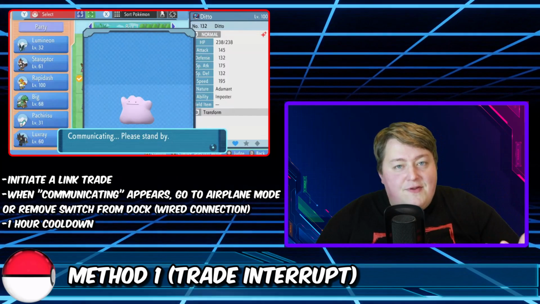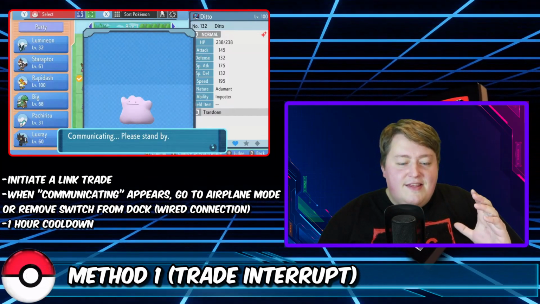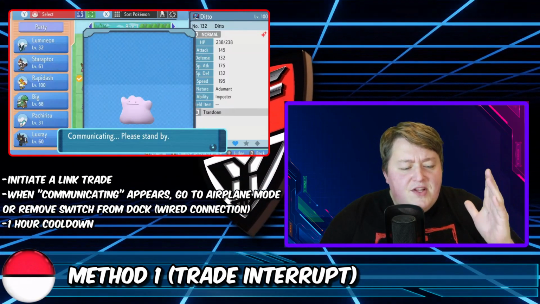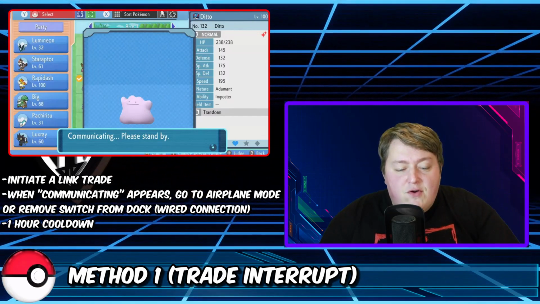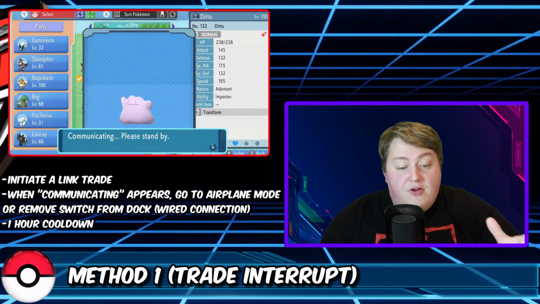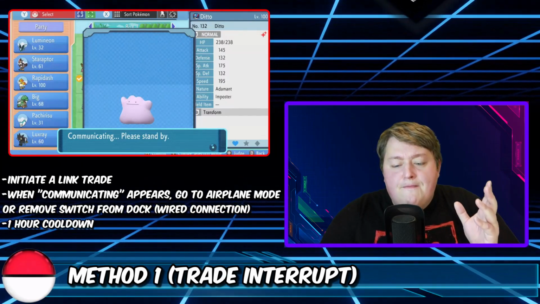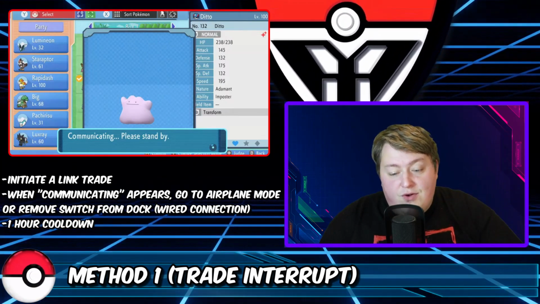So obviously you do have to keep in mind that a Pokemon is going to be sacrificed in the process. This is not the most practical method because there's incredible amounts of timing involved, and you have a 1 hour cooldown period after the trade is completed, or rather the glitch happens, because I think that's just a safety feature built into BDSP. Originally it was reported that it was 24 hours, but now I've been hearing that it's 1 hour,